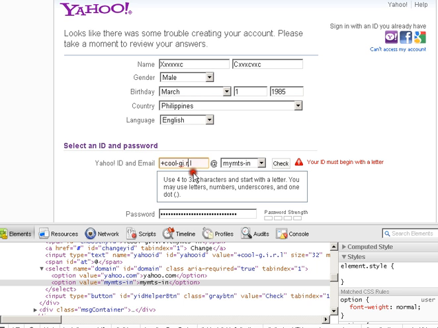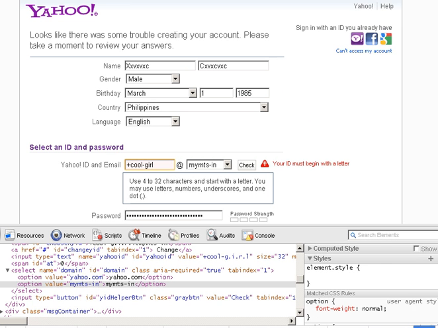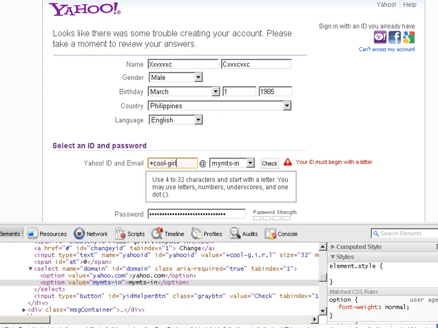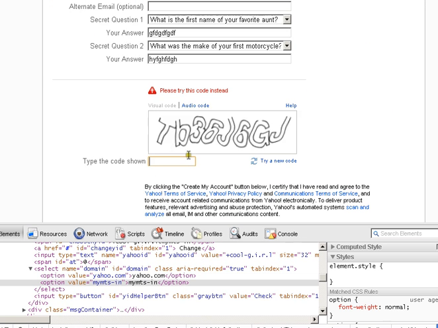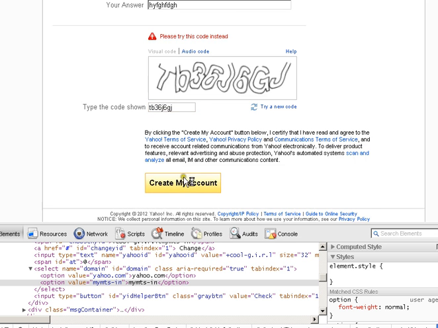Here. Goes. Then scroll. TB3 6J6 GJ to create my account,